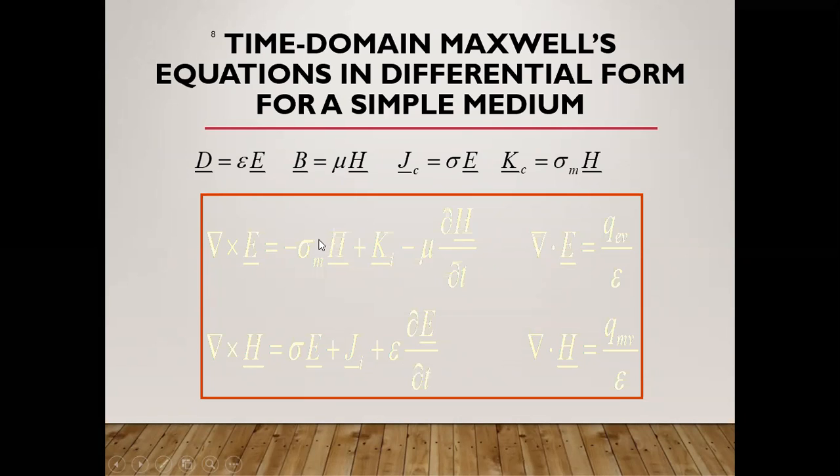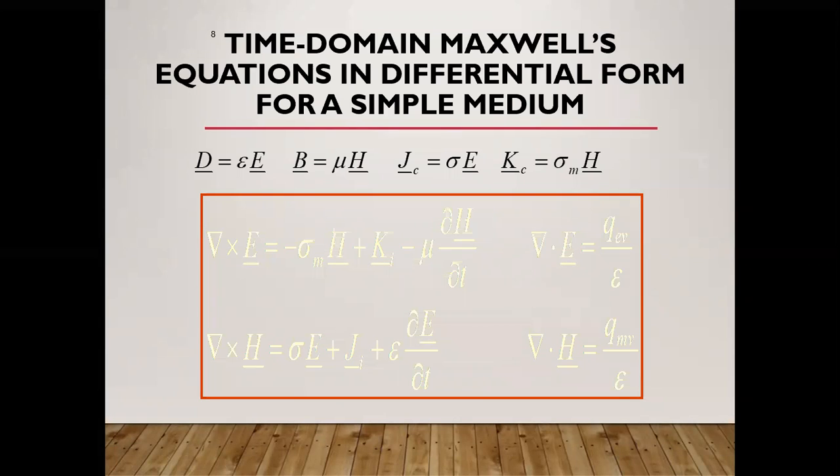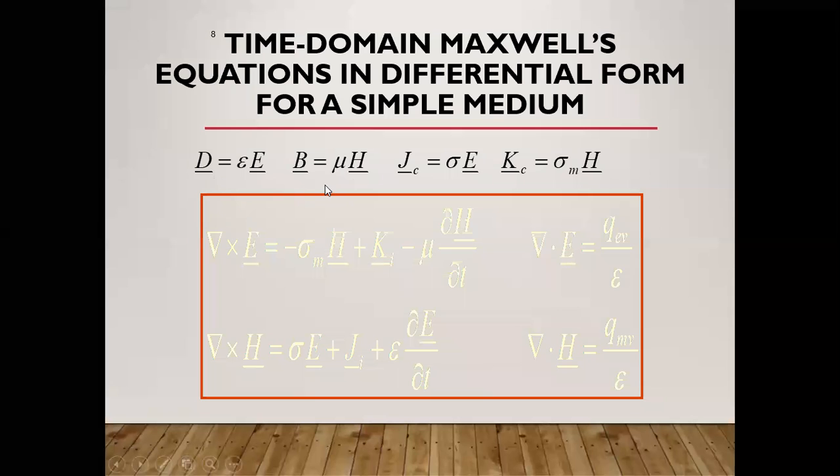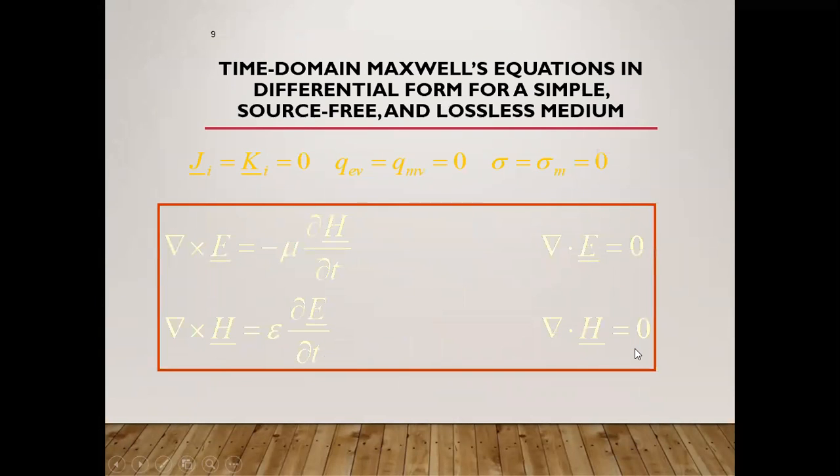Depending upon the material, you can mention the values of mu and epsilon, by considering the constant values and other parameters mentioned in the numerical. Similarly, you can substitute the D, the B value, the J c and the K c. Here this one is a representation in the cross product, whereas this one is a representation in the dot product. Similarly here in the time domain,